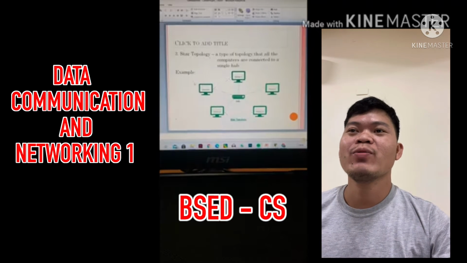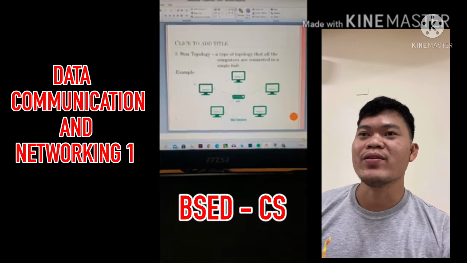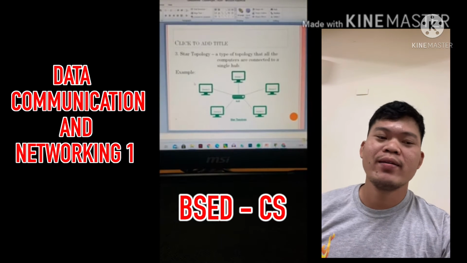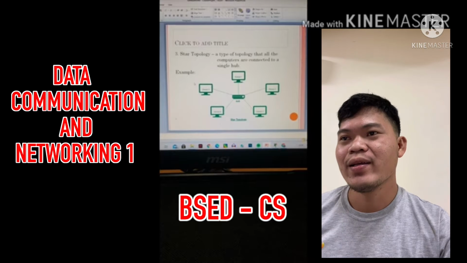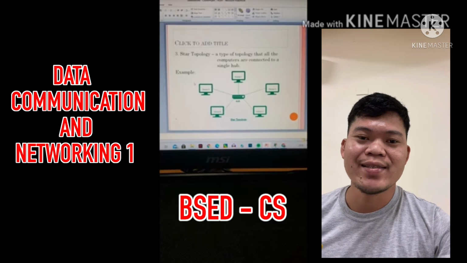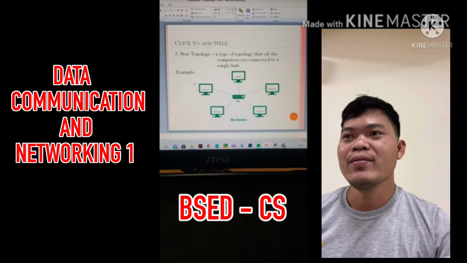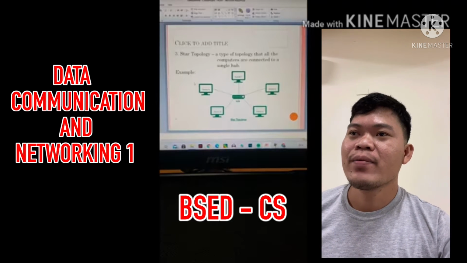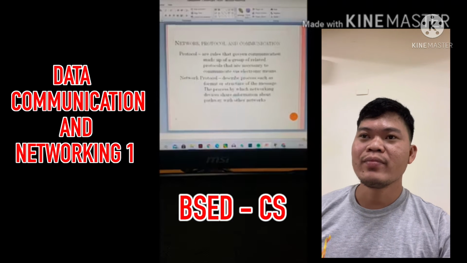Then we have the star topology. What do we mean by star topology? Star topology is a type of topology in which all computers are connected to a single hub. As you can see in our example, the 5 PCs are connected to a single hub, making them work as one. Alright, then